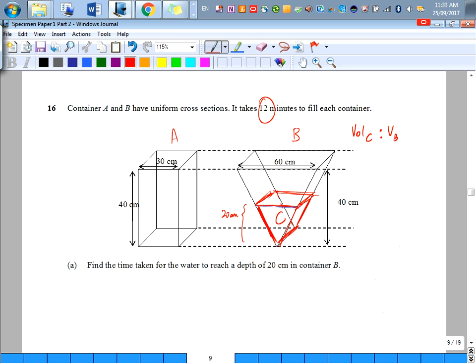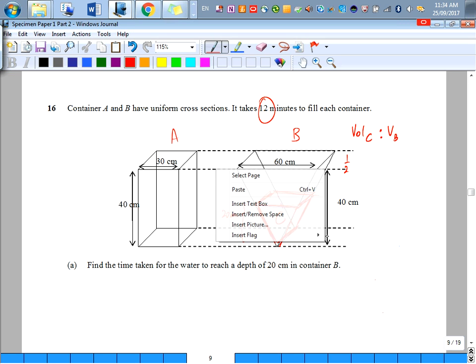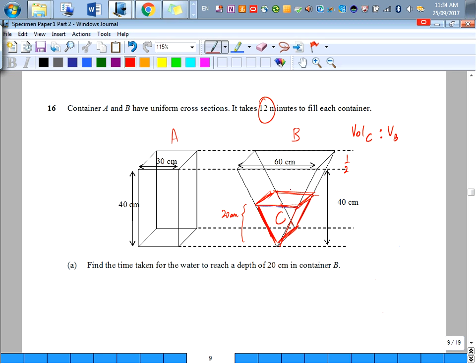So volume of C will be equal to half times the base. How much is the base? How much is this? Come on, this is 20, this is 40. So since this is 60, this must be 30, yes. So over here I have 30. So half times 30 times 20 to get the area of this triangle. Then I times the width. Okay, Yipin wants it to be x, let's call this x. Times x. This is the volume of C